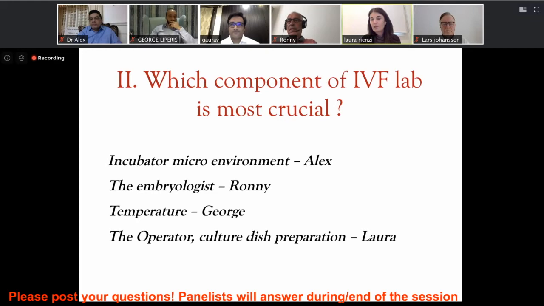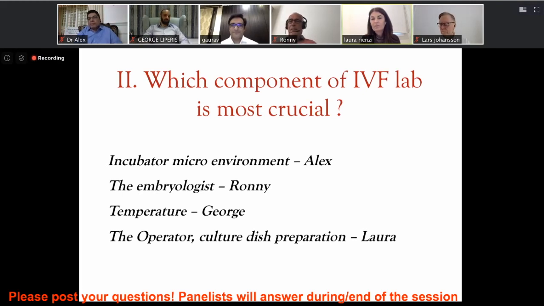And on the opposite, you have very good instrumentation and you don't have a good operator that is able really to control everything, it cannot work. So I think that the operator, the embryologist, is better than the instrument. It is, I think, less nice for embryologists, but they have to have a mindset for every single step of